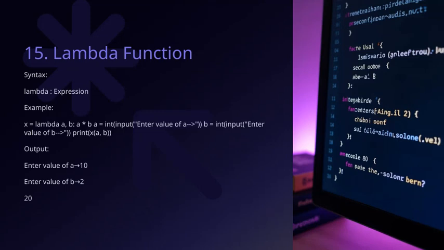The syntax is quite simple. Lambda followed by the parameters, a colon, and then the expression you want to evaluate. Think of it as a quick, inline way to create small anonymous functions without the formal structure of a full function definition. For example, if I write x = lambda a, b: a * b, I'm creating a function that multiplies two